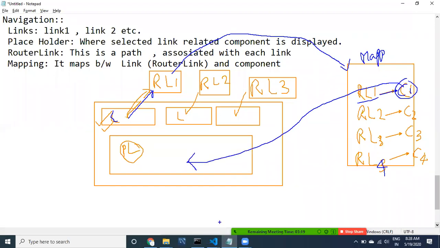Let's look at it clearly, guys. If you understand how this flow happens, then we can do it very easily. Of course, we are working with components, so we are going to